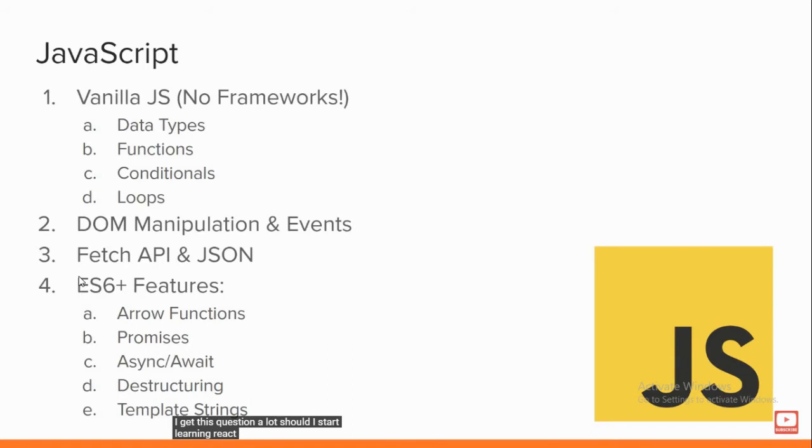Okay, so from those updates we need to learn arrow functions. Okay, it will be like a short form of a function, we can use it quickly. We have promises, we have async and await, and we have destructuring, and we have template string. Promises and async and await, we'll use it in the backend. Okay, and destructuring and template strings are nothing but to decrease the lines of code. We have some certain functionalities in ECMAScript version 6 and above. Okay, so this is vanilla script.